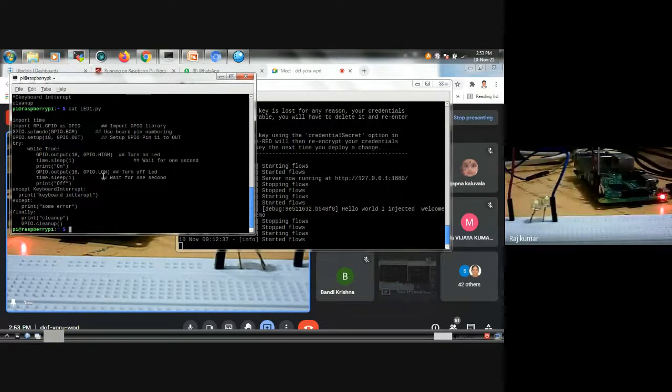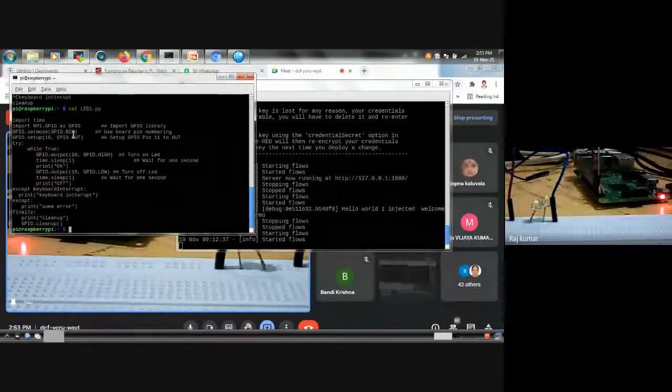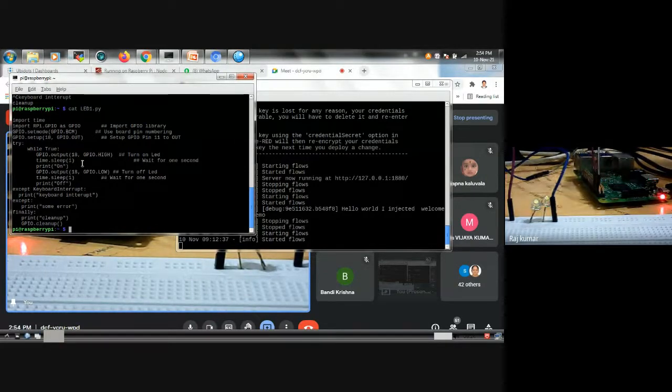These are the two parameters we pass into this method called the output method. GPIO is a predefined module, and in that we have this method called output. And we are using this layout, GPIO.BCM. So here the pin number will be used for engaging any devices. It may be sensors or it may be LEDs.